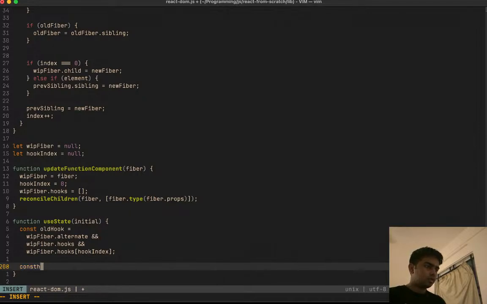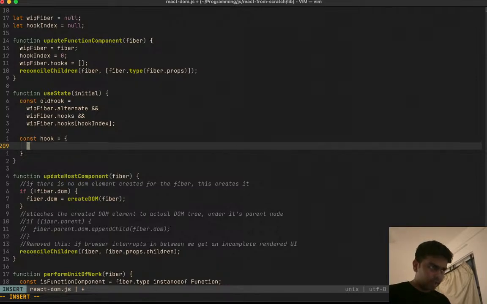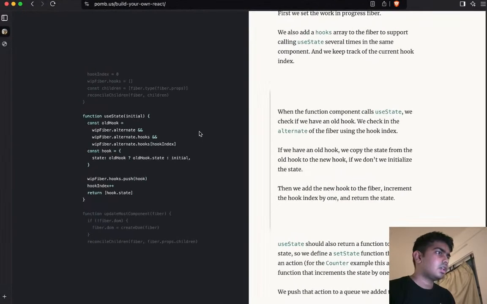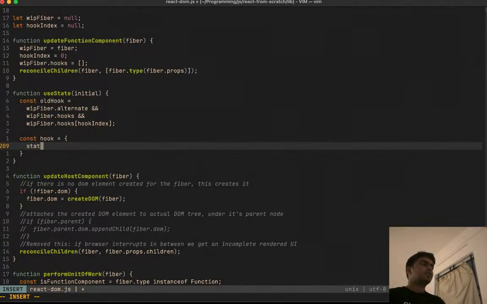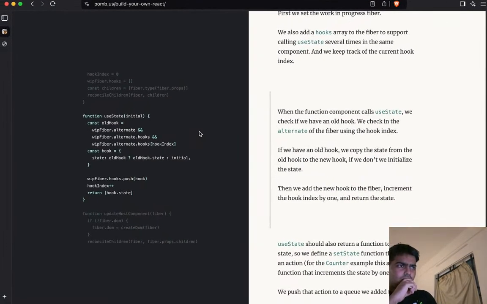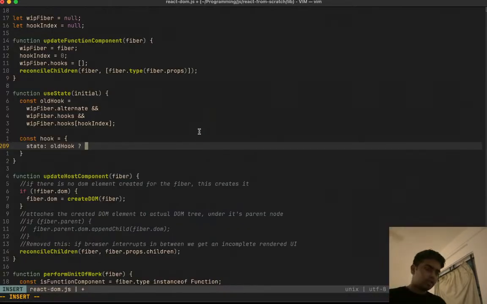Okay, so we instantiate a hook. Const hook is equal to an object which contains a state. The state is old hook's state if old hook existed. If old hook existed, then it should be old. So what it means to say is